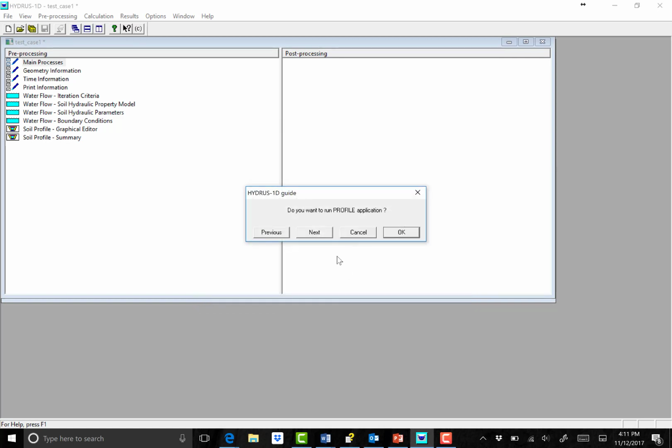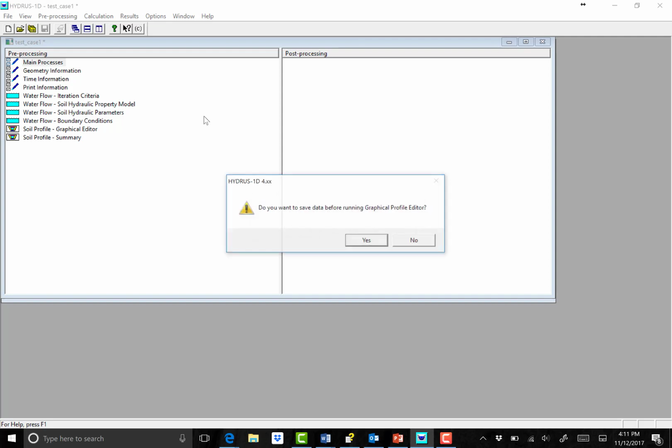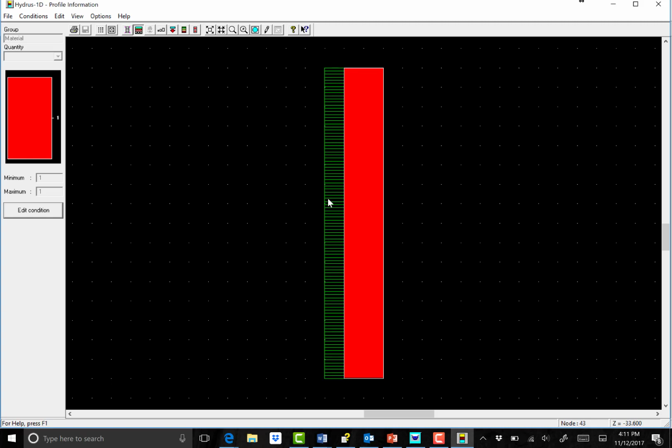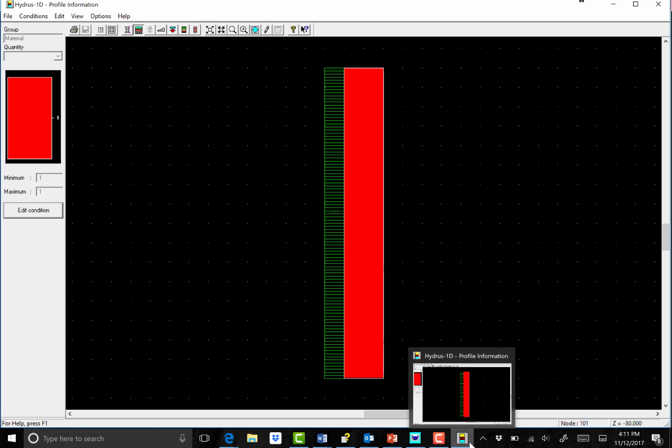And we're getting there. So now we're down here, and we want to set up the conditions in the soil. So we'll take a look, and we'll use this profile application. So hit OK, and now we're going to save the data. So yes, say yes. And so you can look down here, and there's Hydrus1D, and then down here is another window that we've opened up, and this is the editor